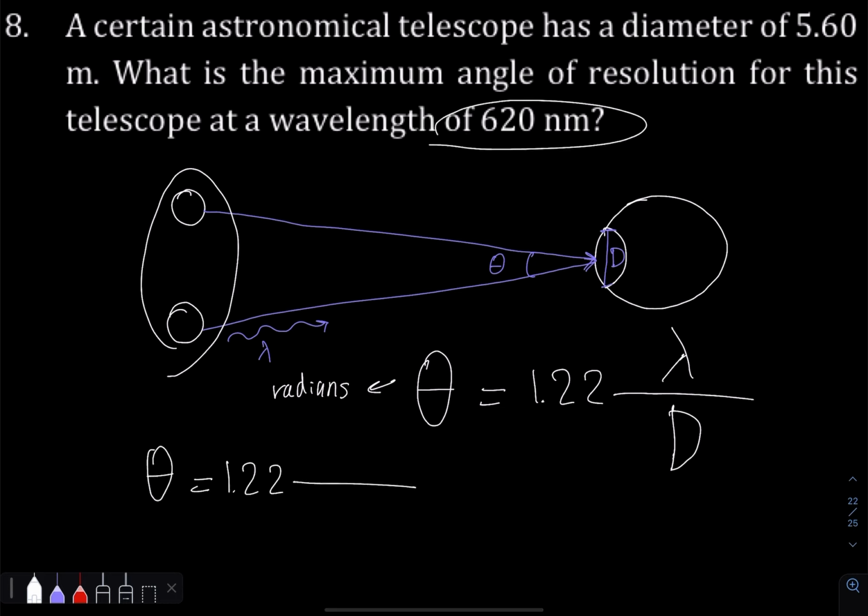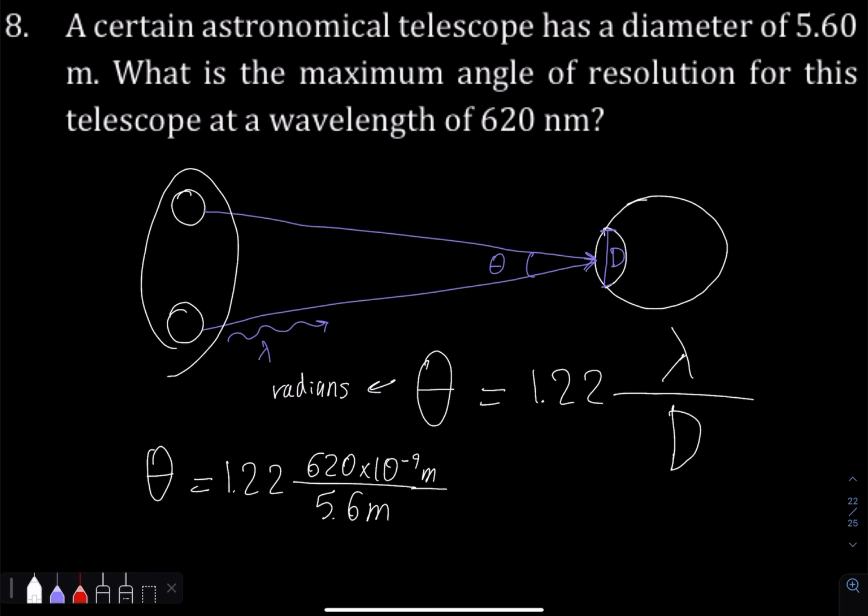We have wavelength at 620, but again, 620 nanometers. 620 nanometers is equal to 620 times 10 to the negative 9 meters. And then this diameter, we're told the diameter of the telescope is 5.6 meters. So 5.6 meters. So this is going to be a pretty small number. So it's going to be 1.3507 times 10 to the negative 7